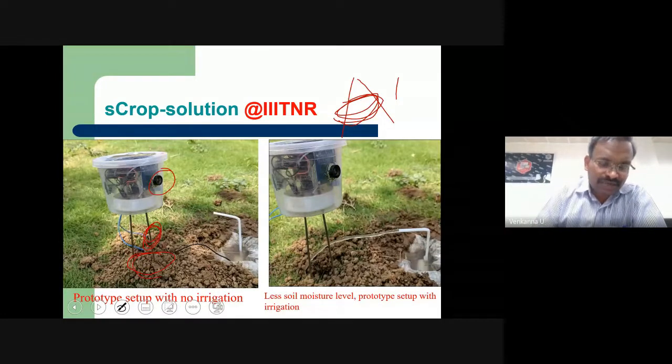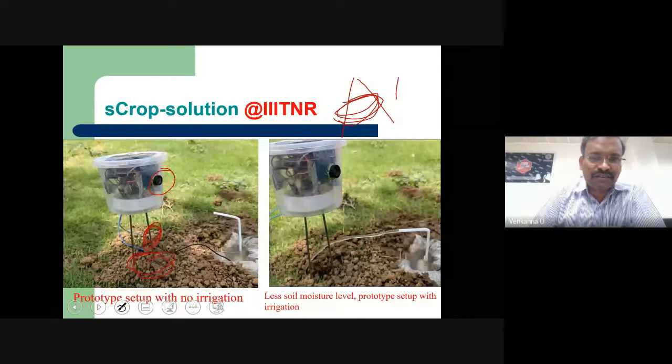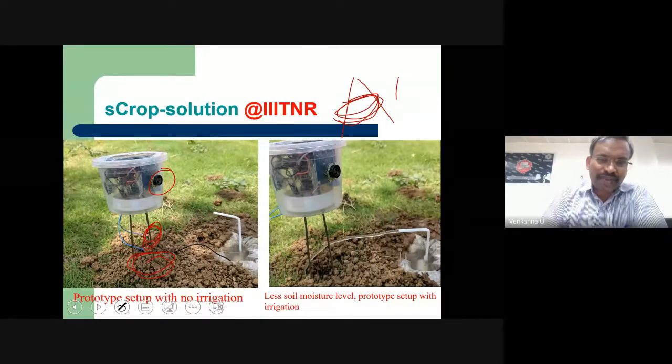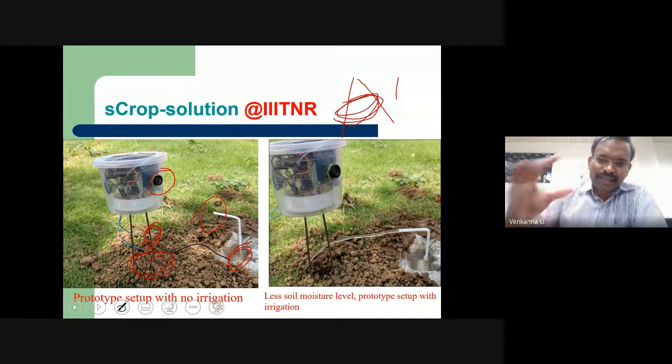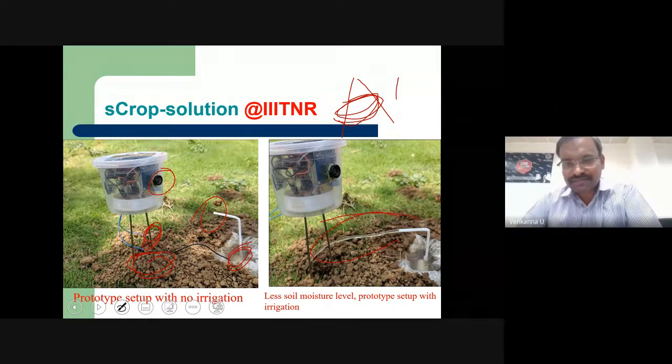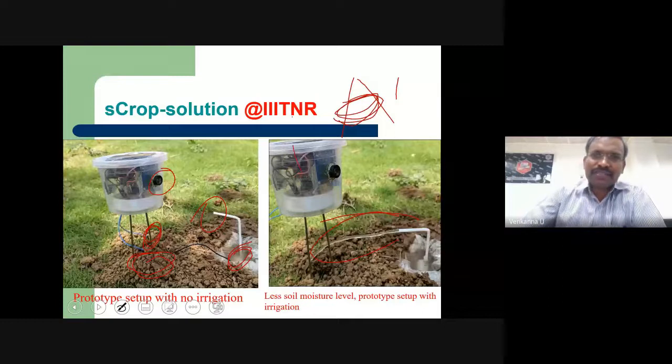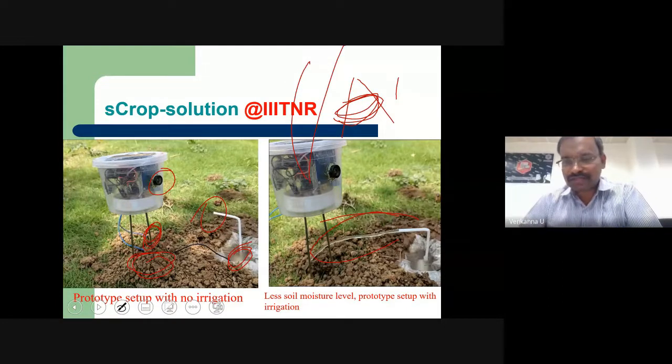The duty of the soil moisture sensor is to measure the moisture level. Please remember, if the moisture level is fine, then the motor is not on. We put the motor inside this small well, which we made for prototype demonstration. If the moisture level is reduced, then the pump automatically turns on. Whatever moisture value we sense is also pushed to the cloud.